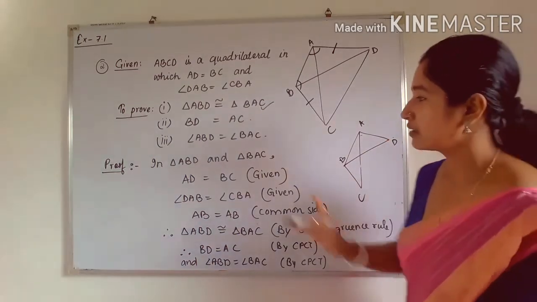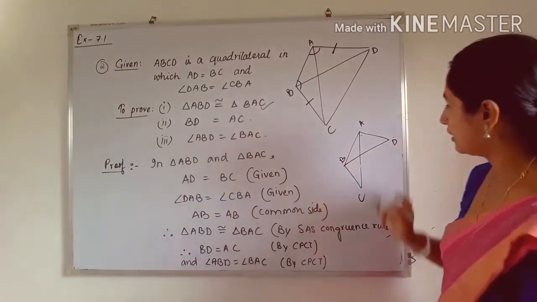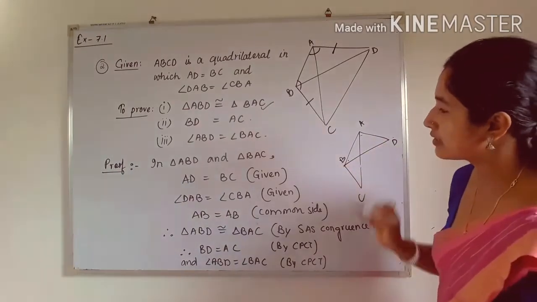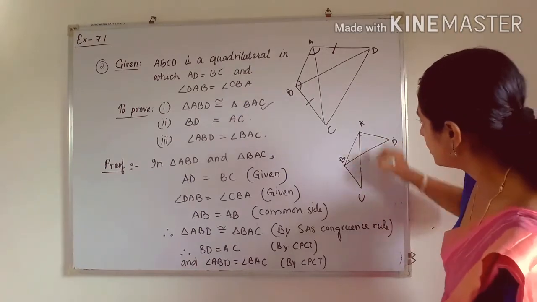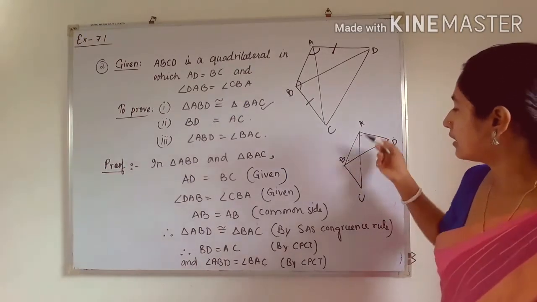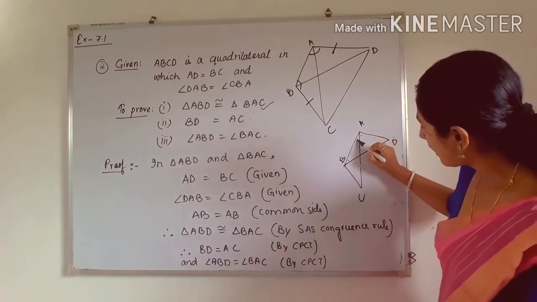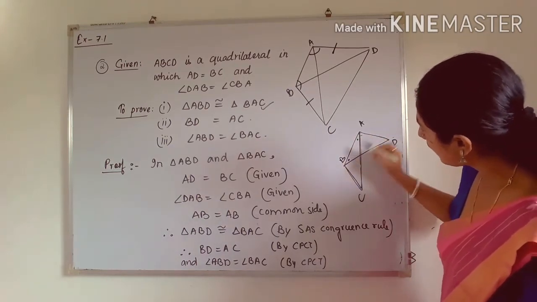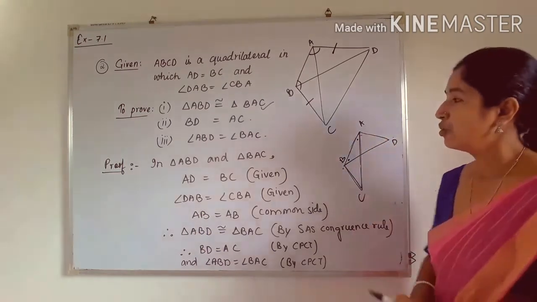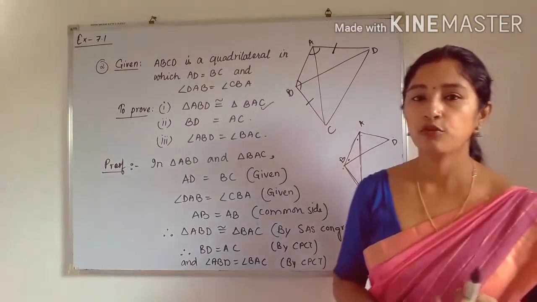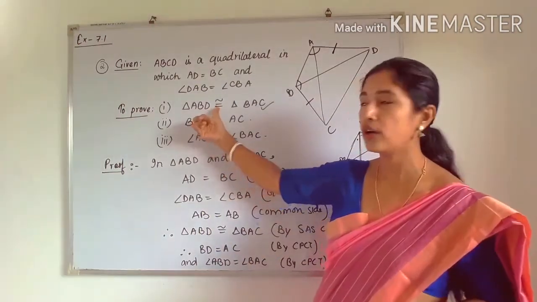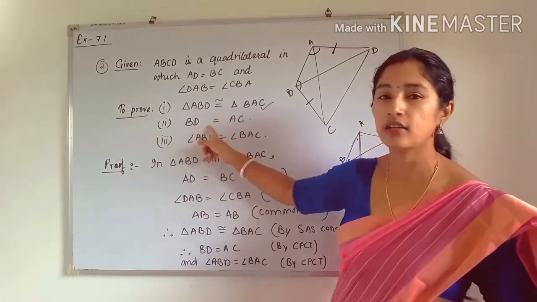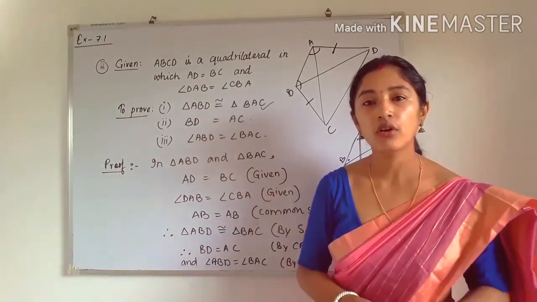Okay. Next, number 3rd proof is angle ABD. So angle ABD, that means this angle. Okay, this angle is equal to angle BAC. So BAC, that means this angle. Again, you can see this angle lies in this triangle. Similarly, this angle lies in triangle ABD. So first one we have to prove. That means if we prove this one is true, then by CPCT we can say that number 2 and number 3 are also true.